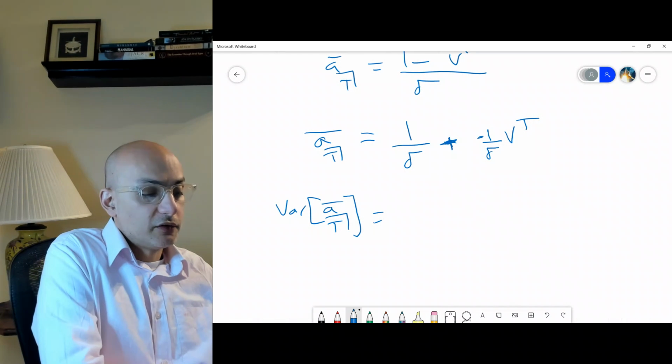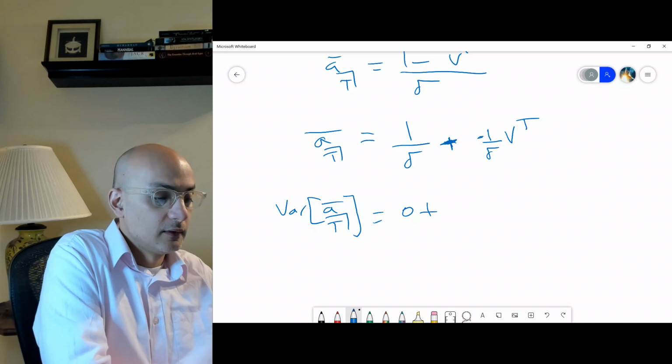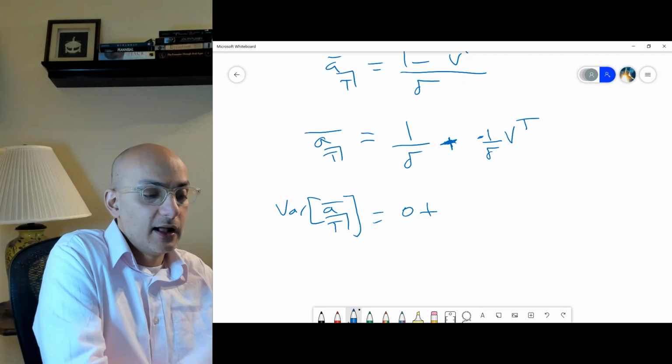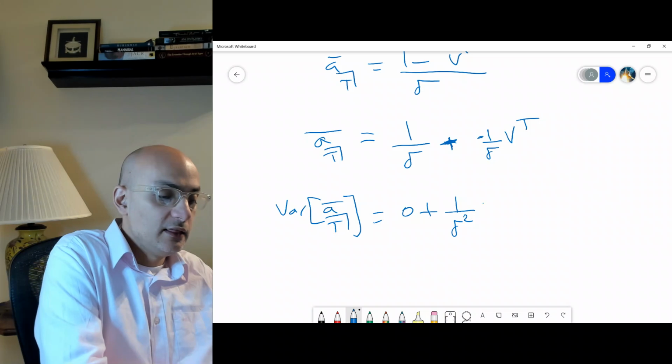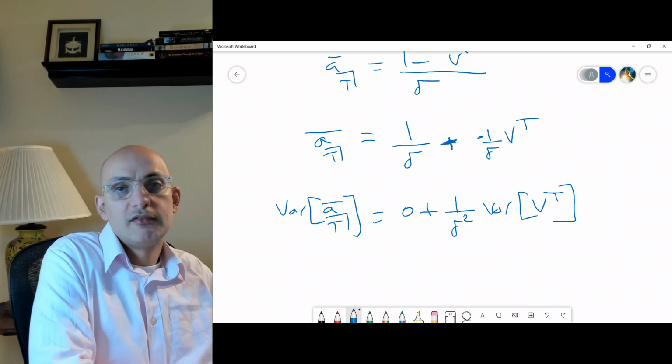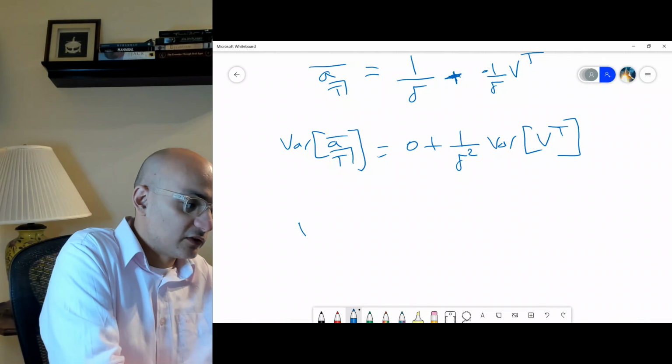So the variance of 1 over delta, this is a constant, it's 0, plus the variance of 1 over delta Vt, we take the constant out, but we square it, and then variance of Vt. What's the variance of Vt? This is the insurance benefit, the variance of the insurance benefit. So the variance